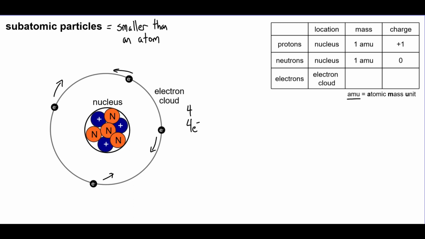So if you think about it like this, protons we know are positive, and then electrons are negative, so if we subtract them, we end up with no charge. Or in other words, it's neutral. Unless you're told otherwise, atoms are assumed to be neutral. Now there's a lot more to learn about the structure of electron clouds, but we're going to save that for a later unit. Right now, if you know that electrons orbit the nucleus in the electron cloud, and you know that they have a charge of -1, the last thing we need to get is the mass,